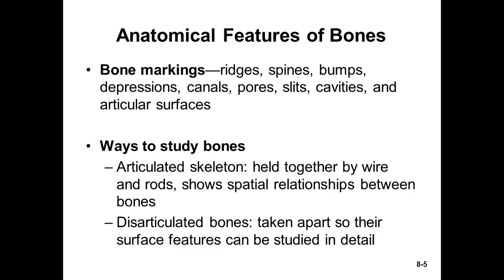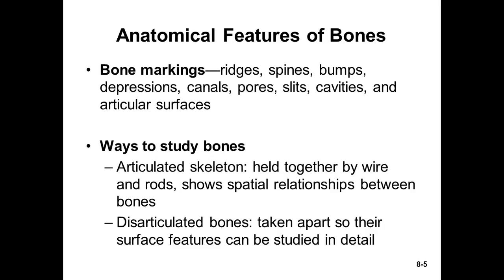It's really important to study an articulated skeleton prior to studying the disarticulated bones, because the articulated skeleton, which is on page 231 of your textbook, they're also in the anatomy lab. Those are all the bones that are held together by wires and rods. That means all the bones. So it shows you, if you're not familiar with all the bones in your body,